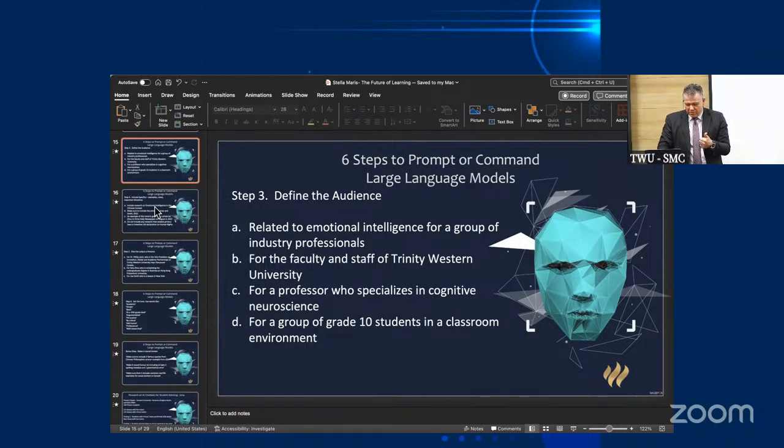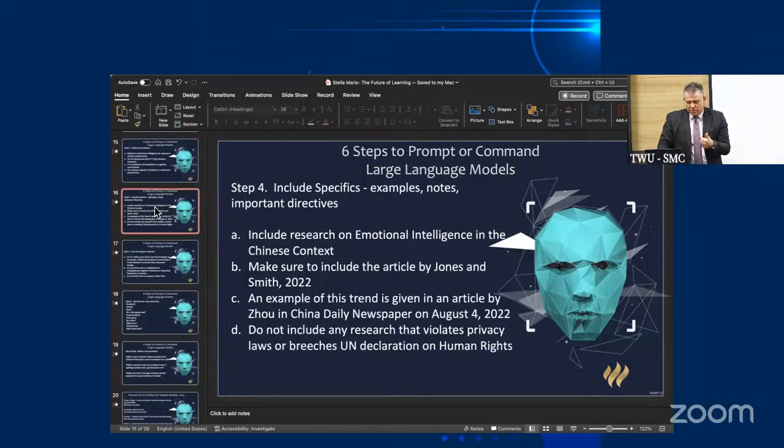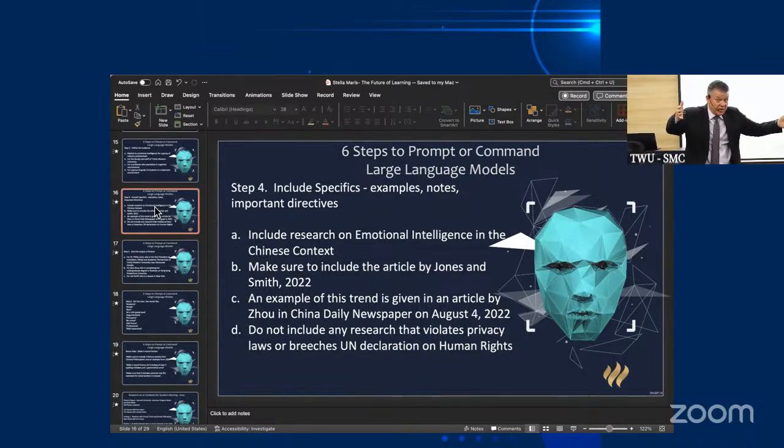There we go. Step 4. Specific step. So any knowledge or information you have that you want to add to this is really important. So if you know there's an article you've read recently, a newspaper article, or a researcher in this area, by this researcher.